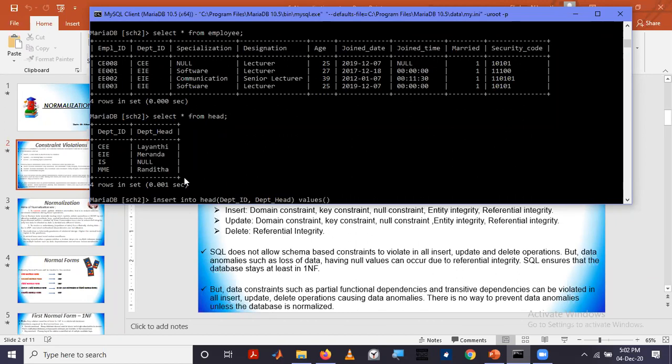So for the first one, if I enter something like one, maybe because this is a character, this may allow. We'll see.